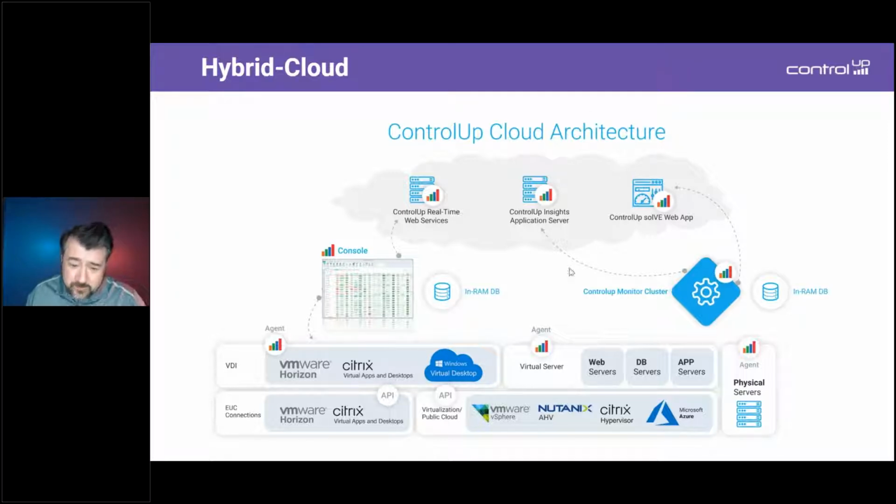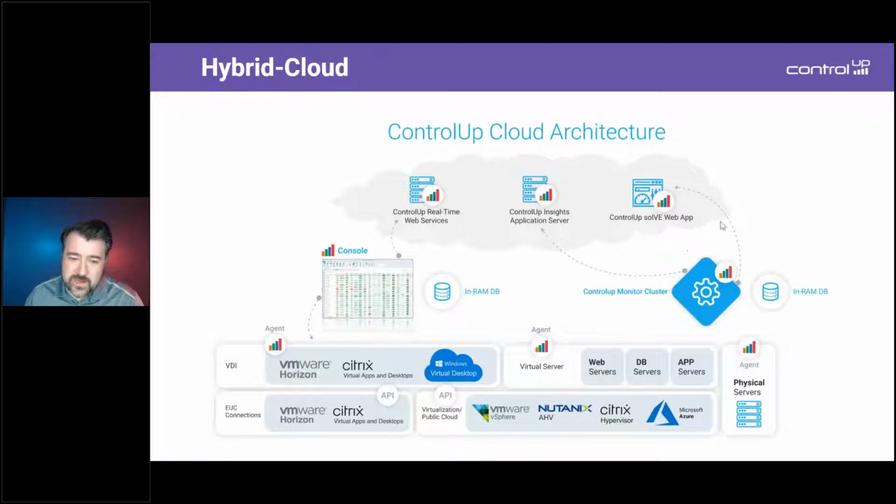And then from there, we have the ControlUp monitor cluster. The console is showing you the stats in real time, and you can take remediation action from it. We also have the monitor cluster, which is the headless operation, so that's the 24/7 monitoring. You stand up some of these monitors in your environment, and they'll just keep on top of all the resources you have and all their metrics and whether or not it needs to take some kind of action against them. And then all the data from the ControlUp monitor is uploaded to ControlUp Insights for the historical